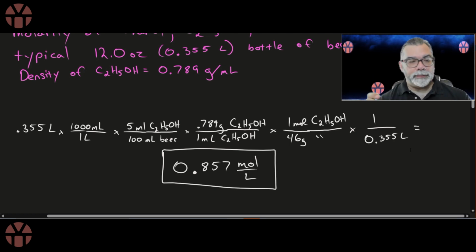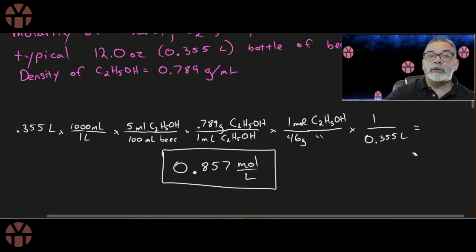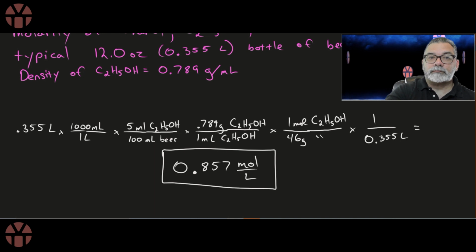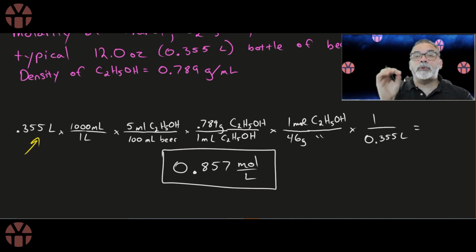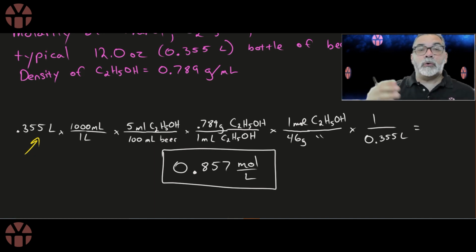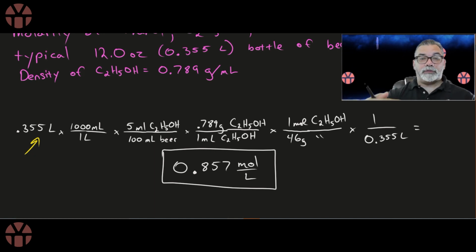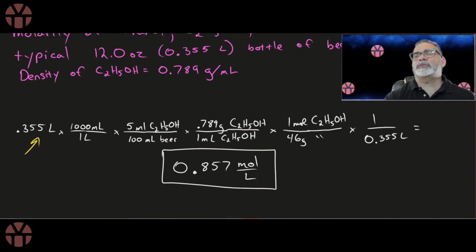We're going to start by taking the original volume of my beer bottle. So the original volume is going to be 0.355 liters, right? Now that's 0.355 liters in total. That's the whole solution that contains the ethanol and the water and anything else that might be in there. So the first thing I'm going to do is convert that into milliliters, because